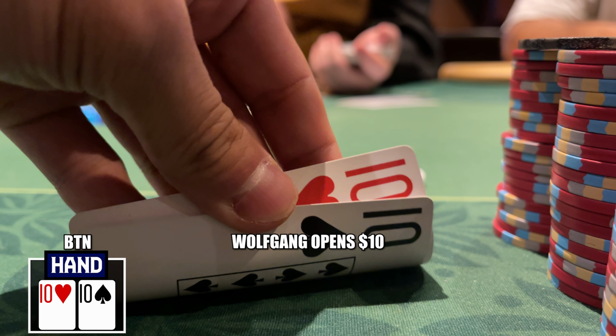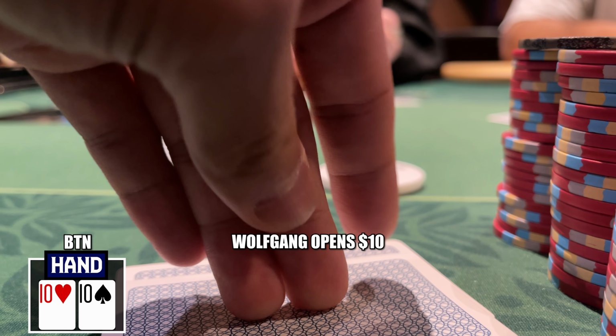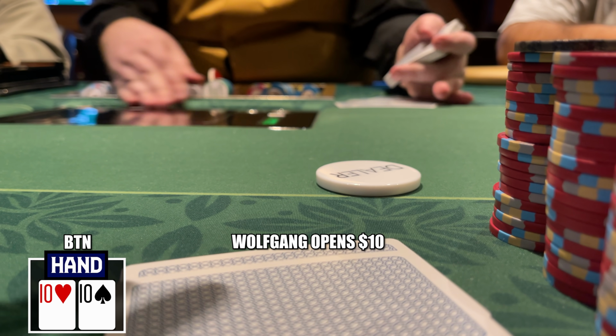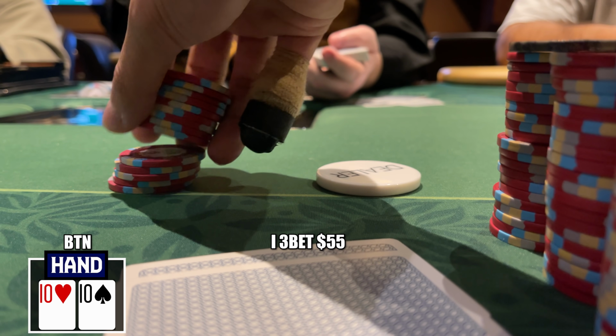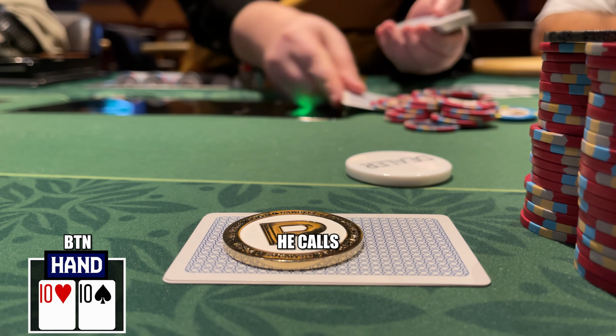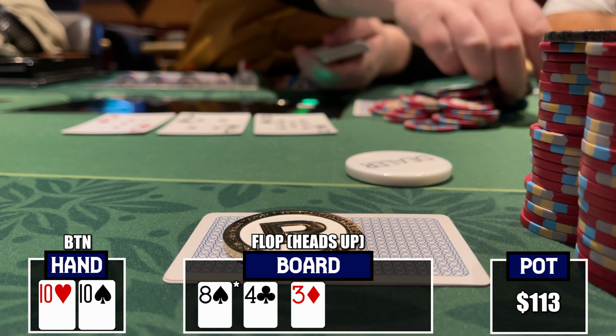Wolfgang opens up $10 in early position, action back onto me, knowing that he's also playing very deep stacked, about $2,000 to $3,000. I size up for a 3-bet to 55, and action folds back to him, and he makes the call. Going to a flop of ace 4-3 rainbow, we have an overpair,